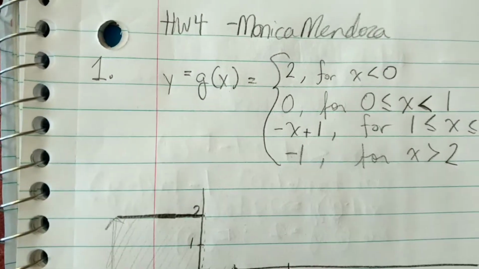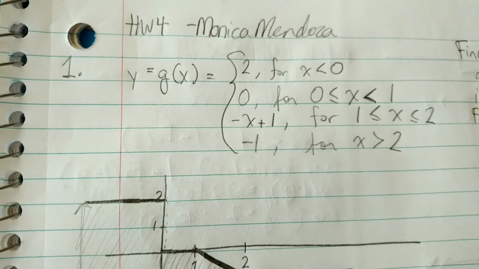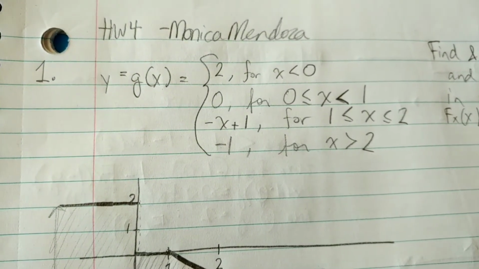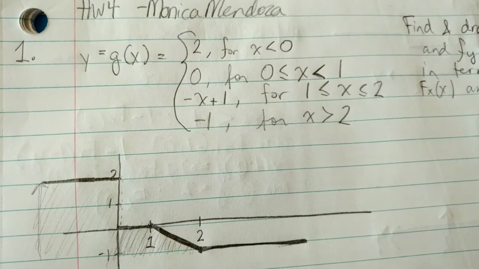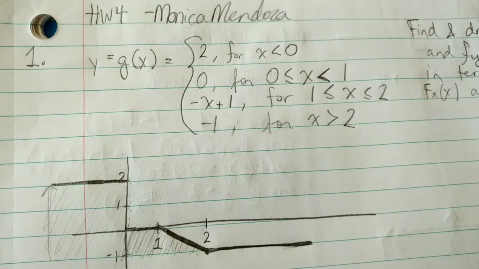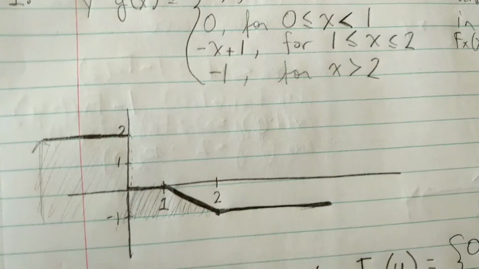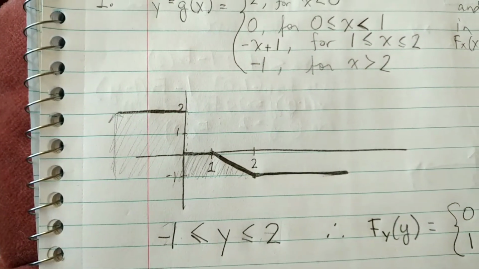And so what was given is that Y is equal to g of X, which is equal to 2 for all X less than 0. It's equal to 0 for when X ranges from 0 to 1. It's equal to negative X plus 1 for when X ranges from 1 to 2, and it's equal to negative 1 for when X is greater than 2. Okay, so if we draw that out,